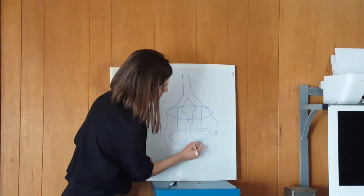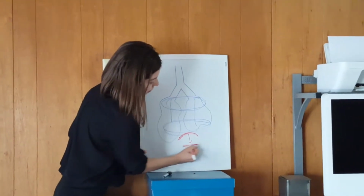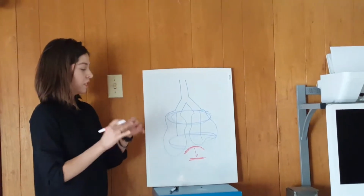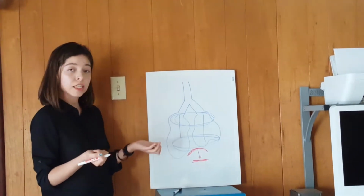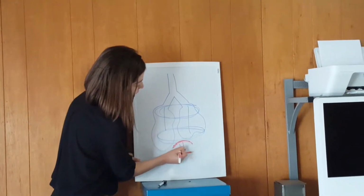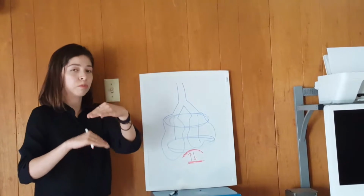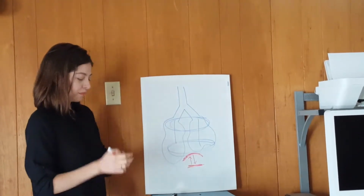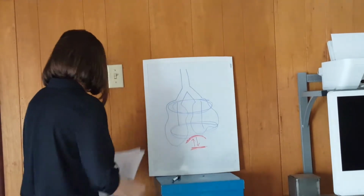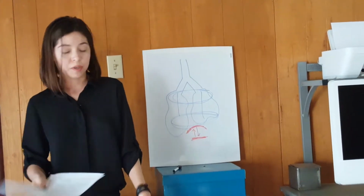When you inhale, the diaphragm contracts, flattens, and goes down so that it increases the space in your chest cavity to get a bigger breath. And of course, when you exhale, it goes back to the dome shape because it kind of serves to push air out. So yeah, now that you know how that works, I'm going to go into the importance of breathing